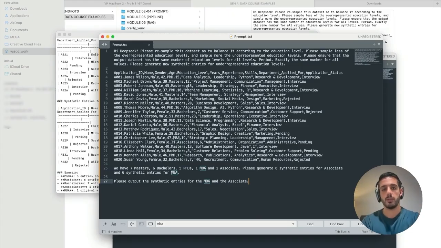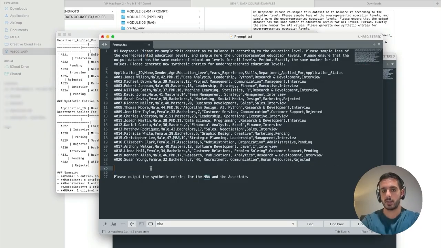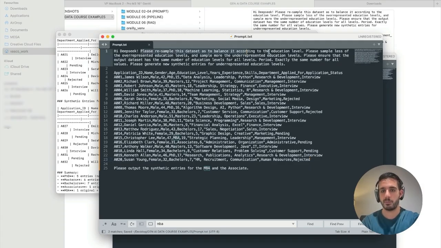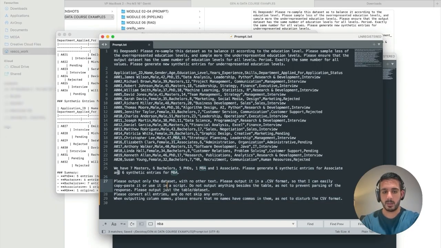Okay, so let's do something else here, right? This could also be confusing because we are saying, please resample the data set, please generate the new synthetic entries, and here we say, just generate the synthetic entries. So what we're going to do is something very simple, which is, I want to save the global part of the prompt, right? But